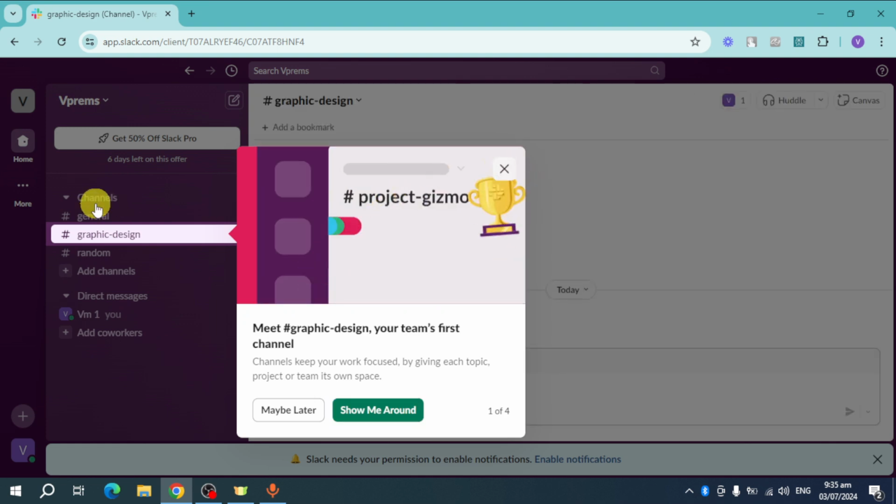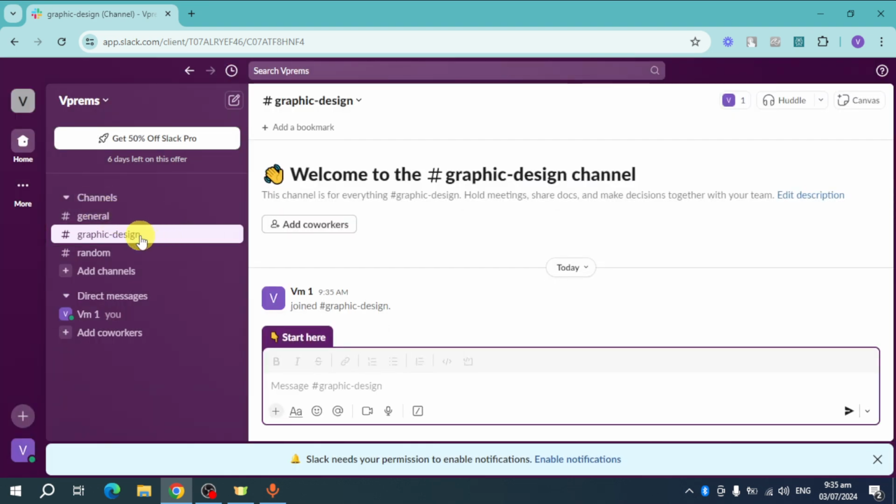So in here you can see your channels. The channels are the general, graphic design, random, and the likes. So you can also direct message people from in there. You can message them or just do anything you want. From in there you should be able to communicate with them. So that's the whole